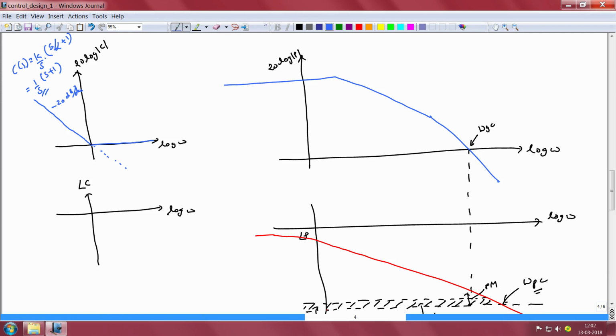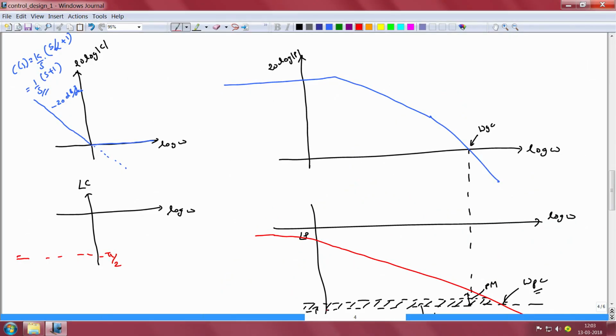What about the phase characteristics? We note that at very low frequencies this term s plus 1 or s by alpha plus 1 will not contribute significantly to the phase; its phase will be close to 0. So, the overall phase will be dominated by that of the integrator. So, at very low frequencies the phase of this transfer function will be close to minus pi by 2 or minus 90 degrees. But as we approach omega equal to 1 radian per second, the phase will gradually increase, and